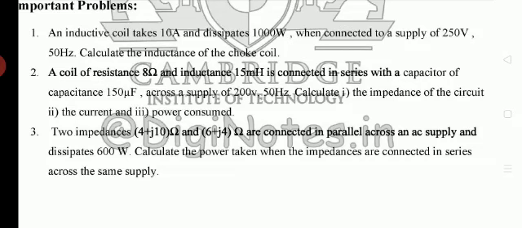How can I calculate the resistance here? Whenever the dissipated power or power dissipation is given, you can use the formula I square R. So we get three different formulas: one is V into I, another is V square by R, another is I square R. To calculate the resistance, I should use the formula where the resistance is present. Substituting P equal to I square R, power is given, I is given, so you can calculate R.